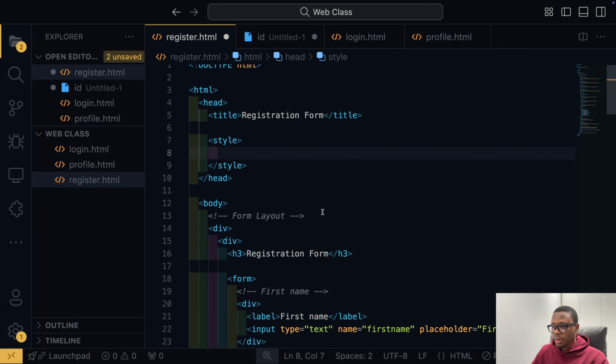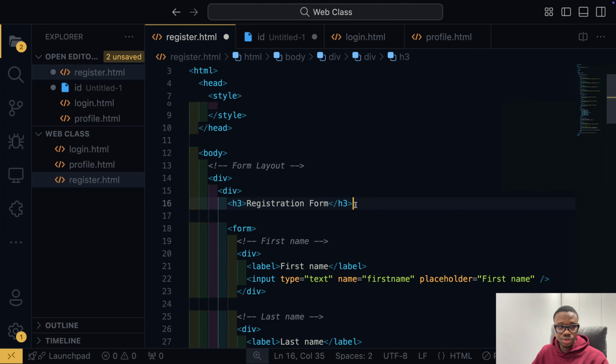So our H3 tag here that has the registration form, I'm going to give it an ID. Just like we define attributes in HTML, this is exactly how you do it. So ID, let's say I'll name it form title. Like I said, an ID can be anything. I can decide that it's form space title, I can decide that it's form camel case title, I can say it's form title 18,